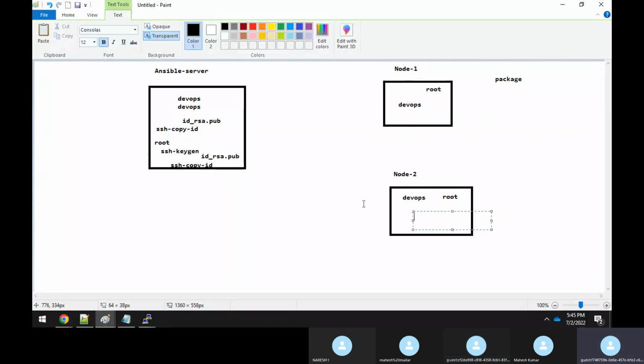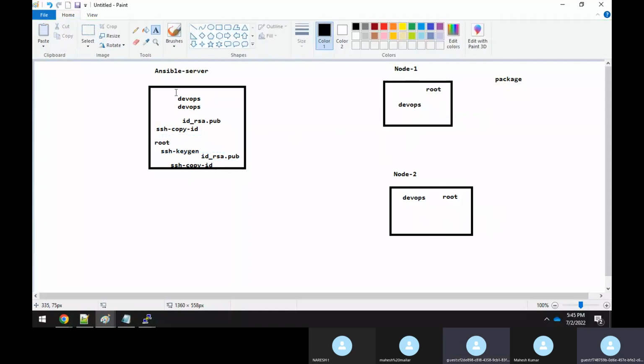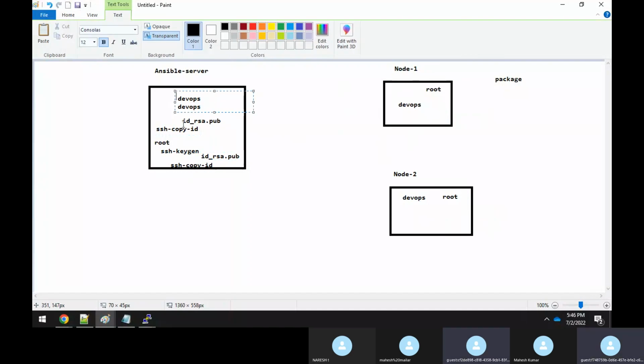Here also you logged in as a root user. So I did the exchange of this key as a root user itself. So here you will have one more root user account through which you can actually communicate with your node 1 and node 2, like how I was doing earlier with DevOps. So by using the root account, I'm able to run any module. I was not getting any kind of error. But earlier when I was using a DevOps user or